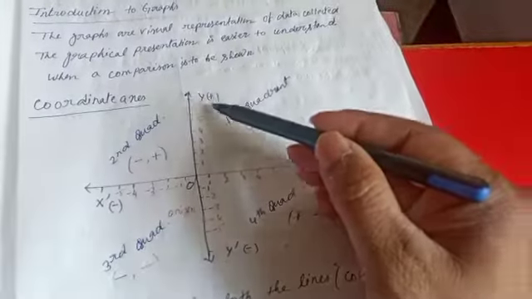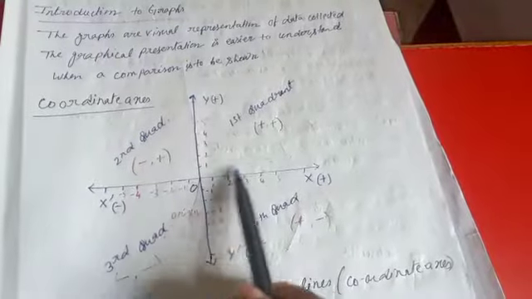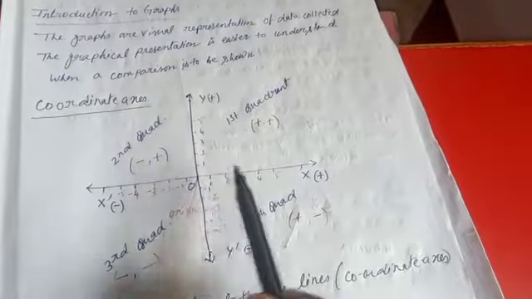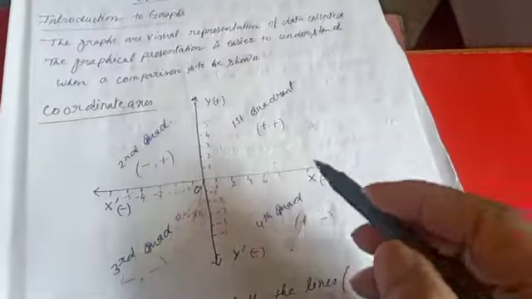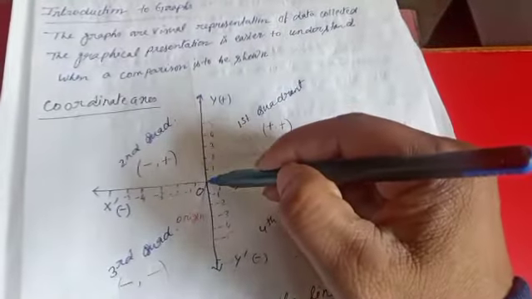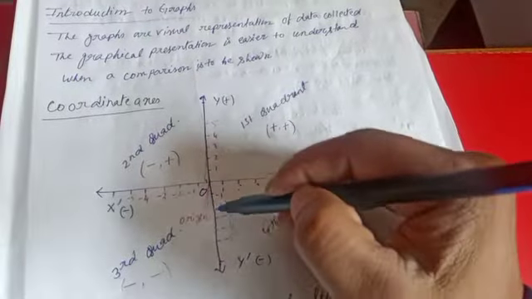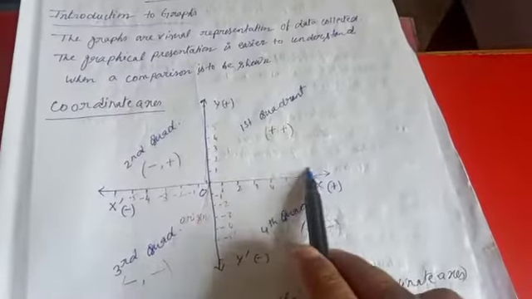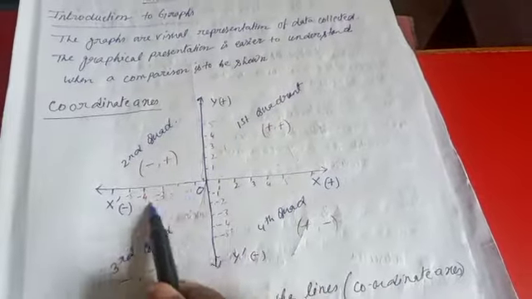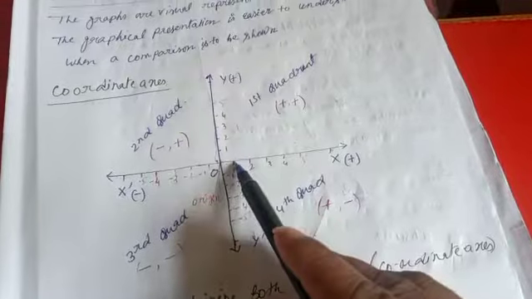You can say y, this is the name, or this x-axis, you can say x-axis, this. Now see this line, from this side it is plus. This y is plus this side, and this side is all negative, and this side it is plus and this side is negative. Now maybe you are thinking about 1 and 2, this are. See, 1 and 2 are there in